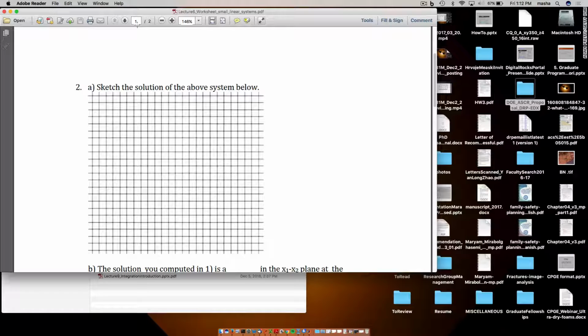Now, why don't you, yes? Sorry, I have a question. So if there's a system with three equations, if we're going to know the solution, would it be a line? No, it would still be, so if I'm intersecting two planes, it's going to be a line. But three planes, it's still going to be a point, if there is such a point, okay? So it's still going to be a point in 3D at the intersection of three planes,